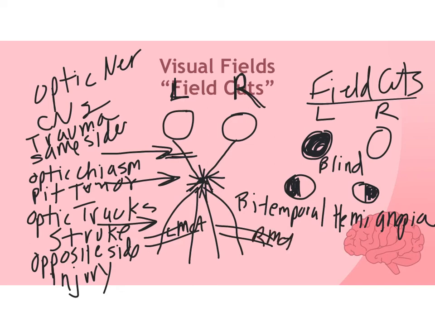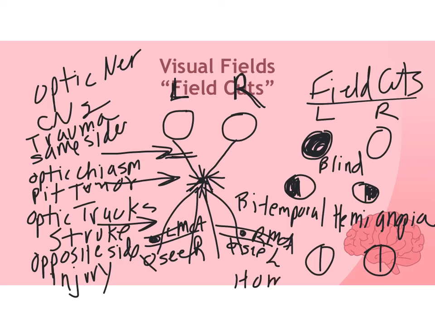So you guys get it, right? If I throw a clot to my left MCA, it means I cannot see on the right. If I throw a clot to my right MCA, I cannot see on the what? Left. Okay. So let's draw that out. Go ahead and draw your two eyeballs. Split them in half. And it's called